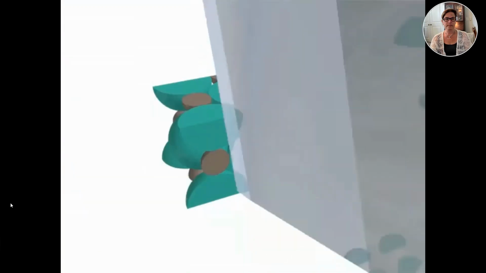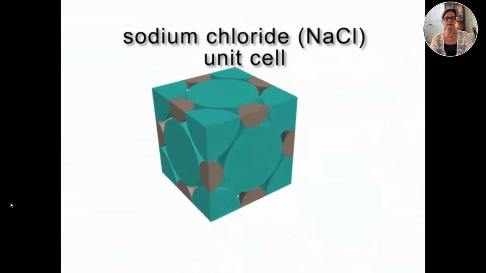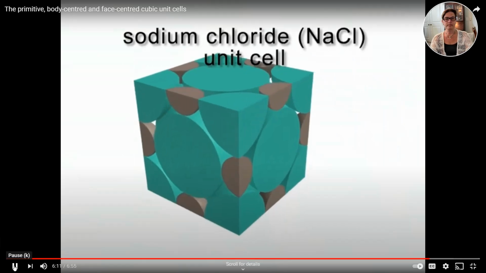The smaller sodium ions fit in the holes between the larger chloride ions in the NaCl unit cell. Now, if you remember from Gen Chem 1, sodium is all the way in group 1 on the left-hand side of the periodic table, and the chloride ion is all the way in group 17 on the right-hand side of the periodic table. And what we learned was that the atomic radii